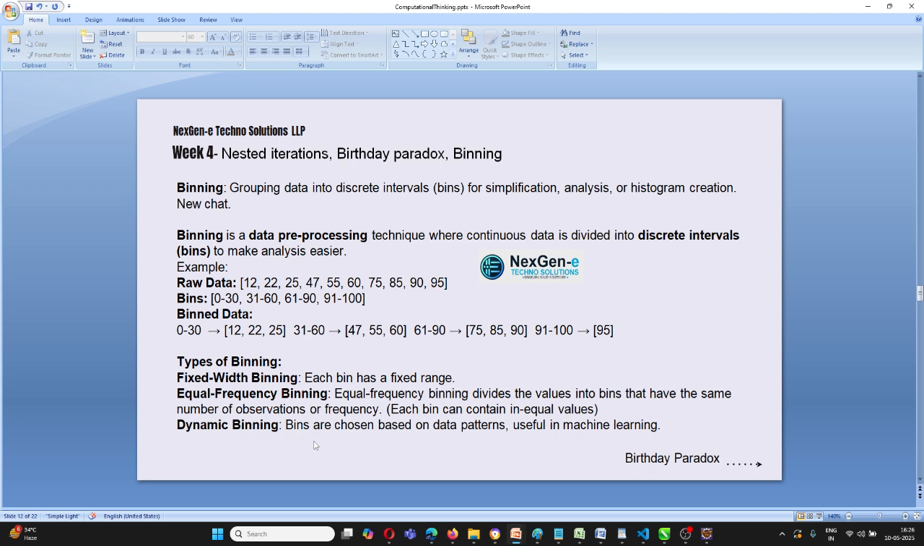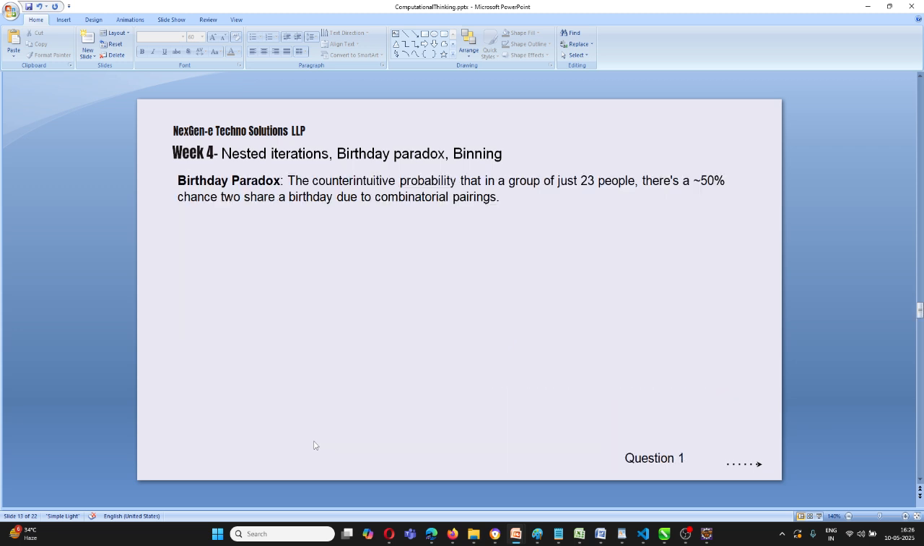So in binning there are three types of binning: fixed width binning. Right now the example which I showed you is fixed width binning. Dynamic binning is also there, where we can choose depending on our own design patterns, our data patterns, how you want to dynamically change, and based on that also you can. So this is what exactly we have in this